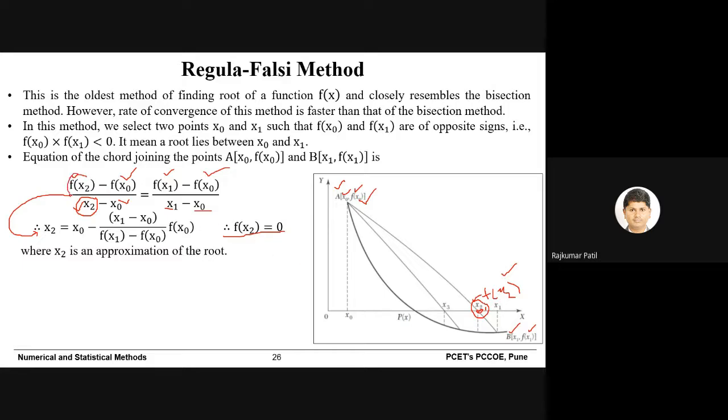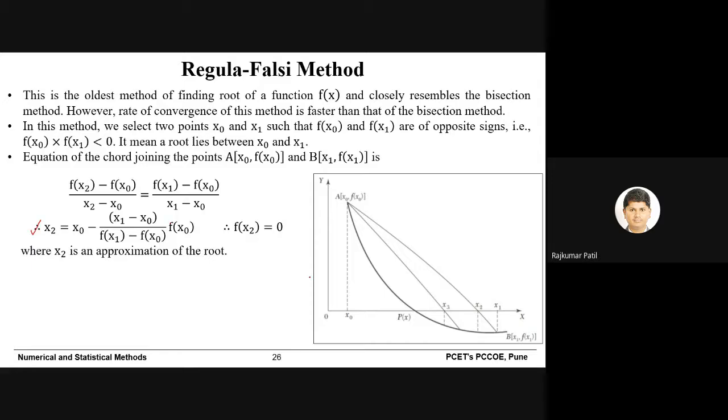So this particular term will become 0, and whatever remaining terms we have, we rewrite the equation as x2 equal to, where we can say that x2 is an approximation of the root. So this is x2 and this is the actual root, and therefore we can say that x2 is the first approximation of the root. And we need to slowly move towards the actual root of the equation. So now we have x2.